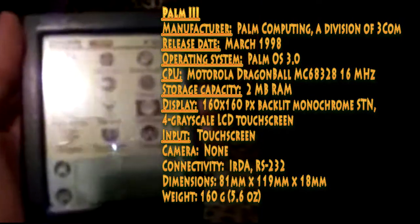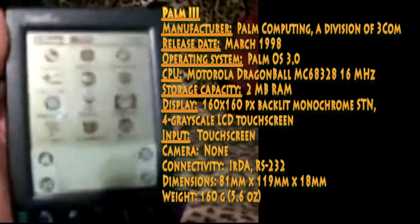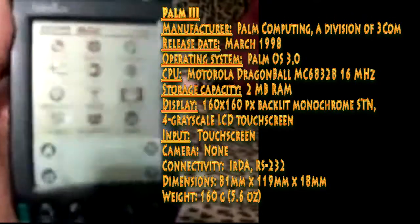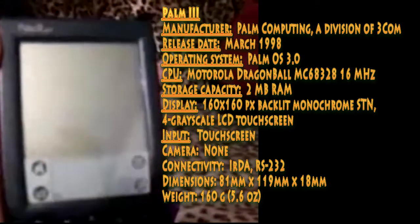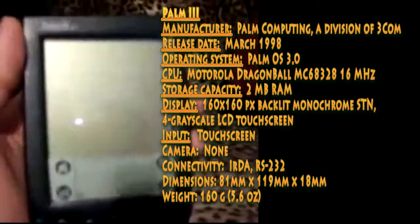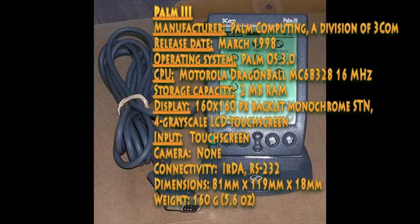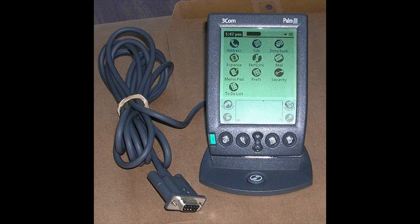The display was 160 by 160. It was a backlit monochrome touchscreen. Connectivity of the device was only infrared and a proprietary port. The dimensions were pretty hefty for the device, giving a weight of 5.6 ounces. This first device compares so poorly with today's, it's amazing that this was a prized possession of many only 13